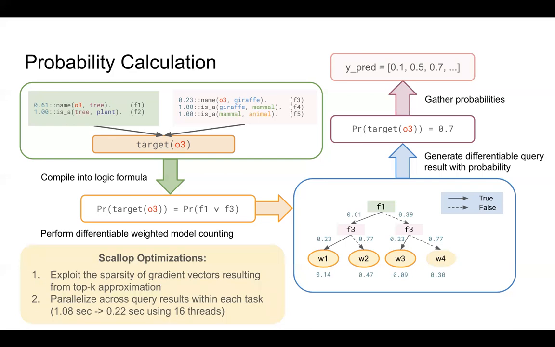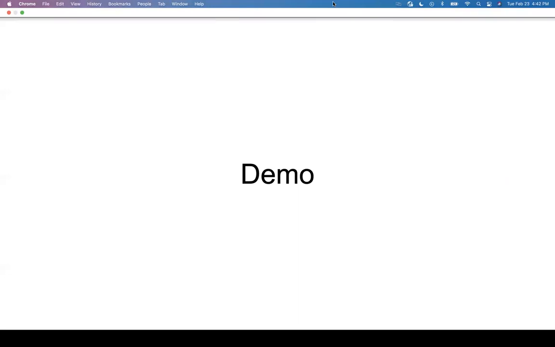Once we do the top-K approximation, most of these gradient vectors become sparse, and so we can do interesting optimizations there. We can also parallelize across different grounded query results within a task, which dramatically speeds up the computation at both test time, but even more importantly at training time. We don't have too much time, but I think it might be a nice